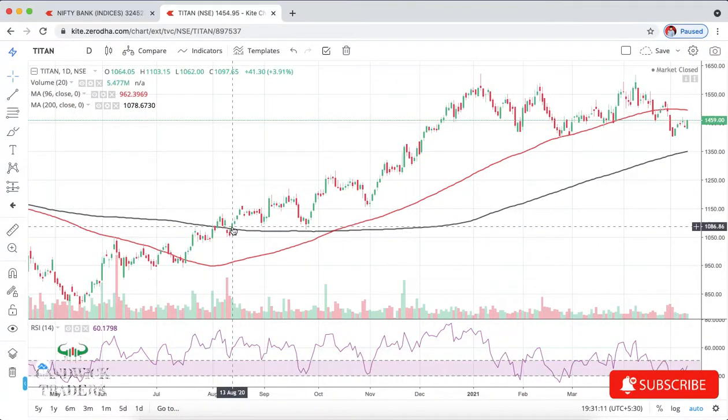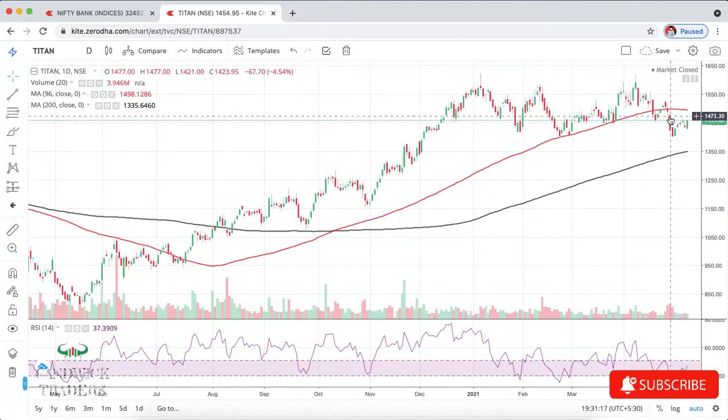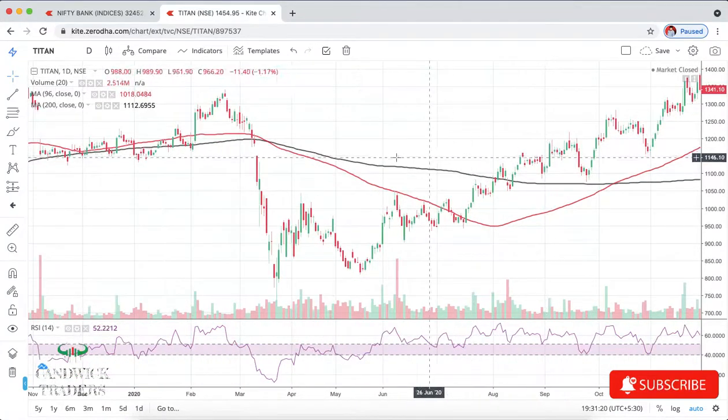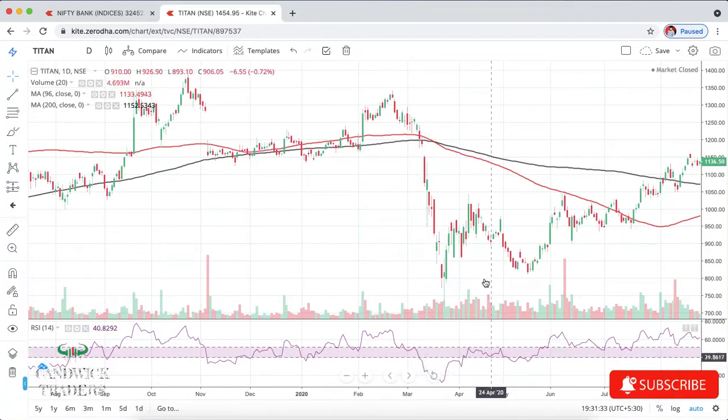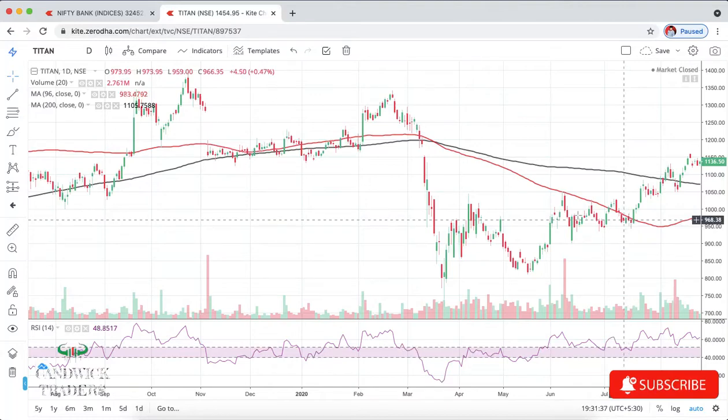This is my entry, and RSI also is supporting. My entry is at 1083 and my exit is 1473. For shorting, the same rule applies. Once the price is below the 200 moving average, we can enter, and the rule is that RSI should be below the band. That's it, and this would be our stop loss. Reverse mode. Hope you got it.